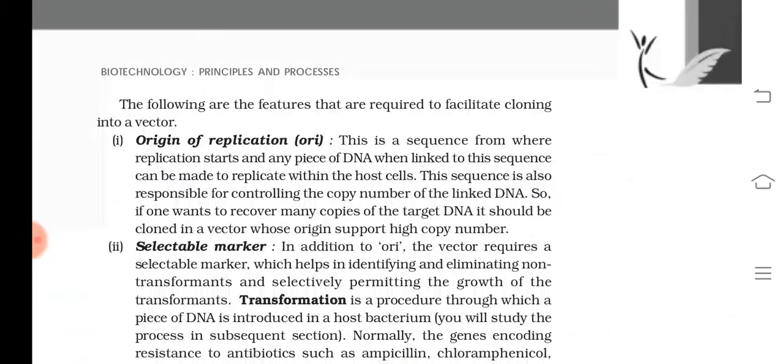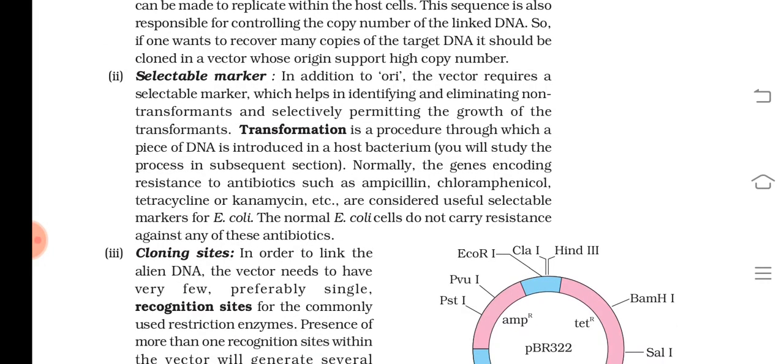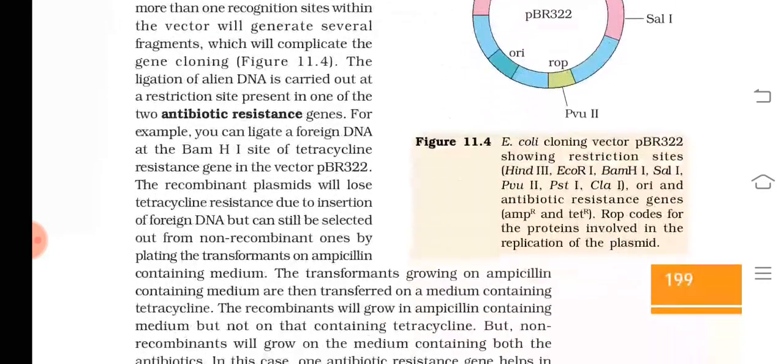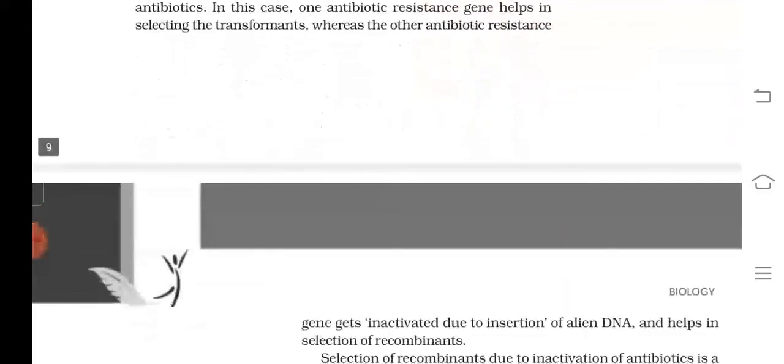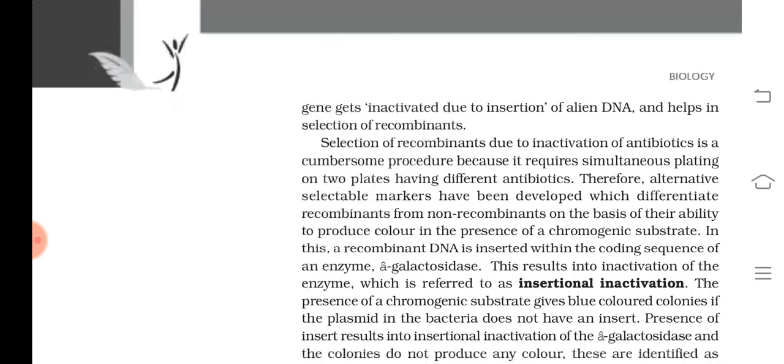So we have discussed already that they should have an origin of replication. Then there should be a selectable marker, then cloning sites. So these are the necessities to consider a vector as a good vector. These characters should be there in the vector. So we have already studied that